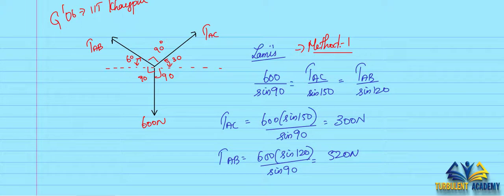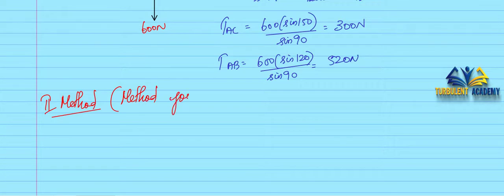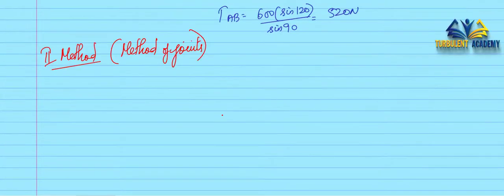Even this can be solved using a second method, which is the method of joints. Directly you could solve this, but it will take some time, but we have to know all the ways and means. In future we might expect some GATE questions which might look like Lami's theorem, but we will have to have knowledge of the method of joints to go ahead with it. So in that case, this would be really useful for us.